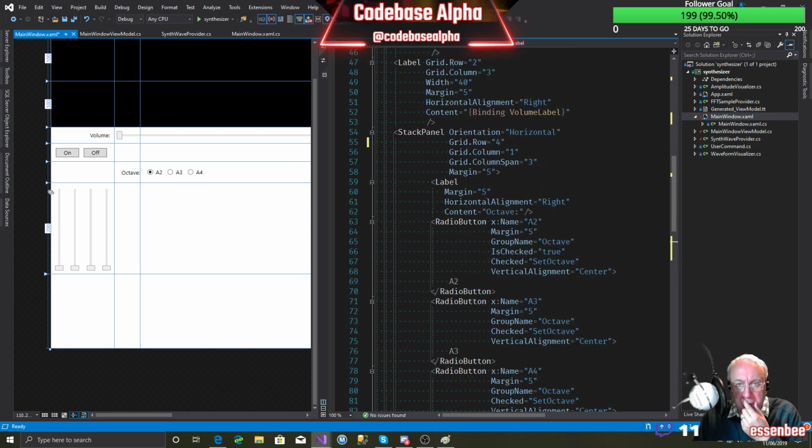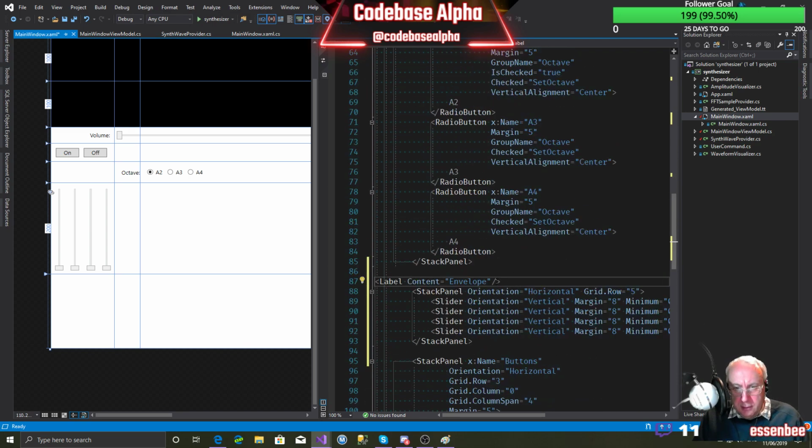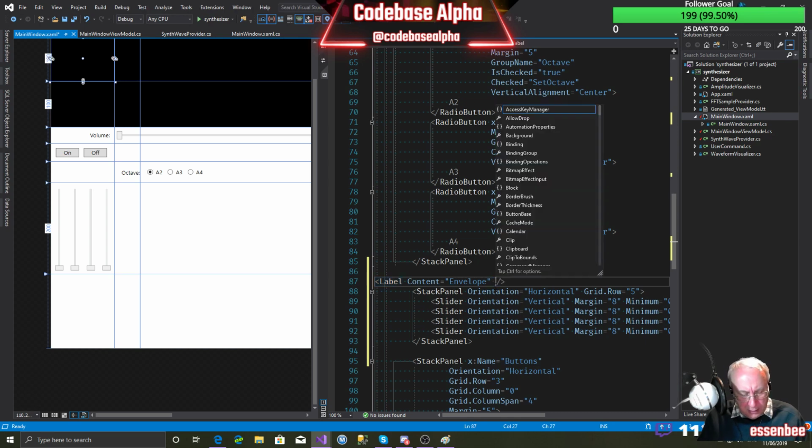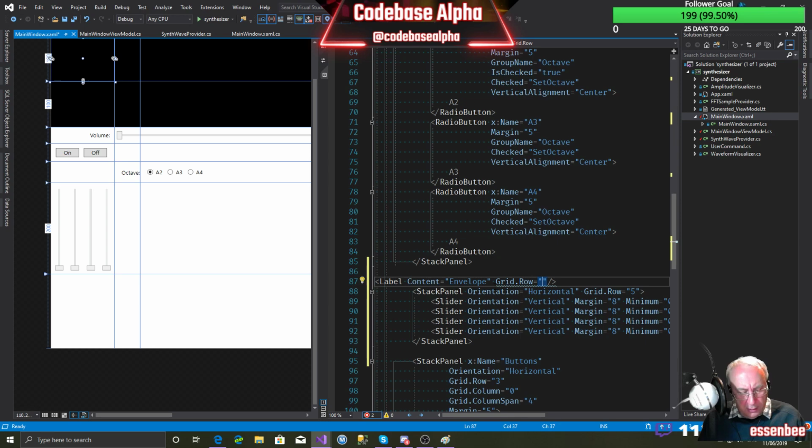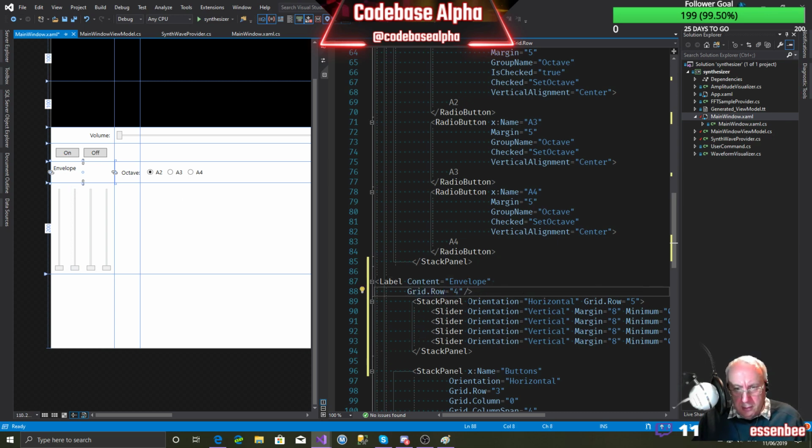I think we can put labels in various places. So content's going to be that. The grid row is going to be in 5. No, 4. Yep. We want to kind of centralize that and push it down. So envelope, grid row 4,